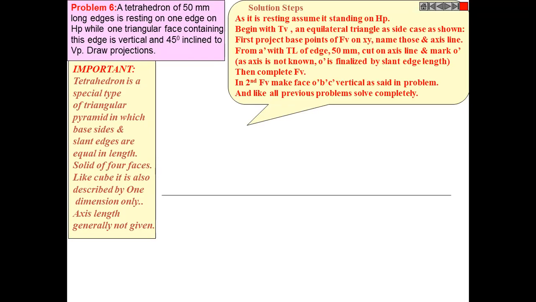Now this is tricky. This is a tetrahedron, so in front view also you will see a triangle. But why do you proceed with top view? Because it is resting on HP. It is given that it is resting on HP in some condition. So initially we will assume that it is resting on HP on its base, so it is easier to draw the top view.